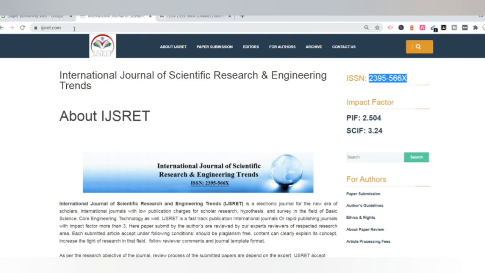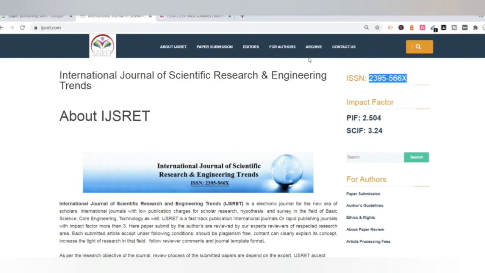The next point is it should have a good set of published volumes. In other words, the journal should be at least 5 years old. So let's check how long this journal has been working. To check the published papers, one can find the archives option on the website or international journal portal.